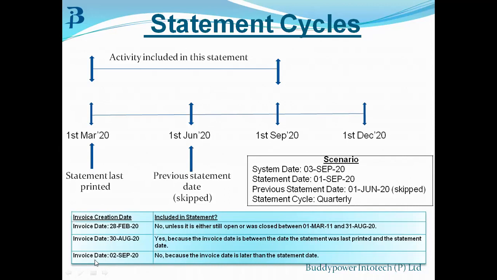And what about the invoice which will be created on 2nd September? This also will not be included in the statement because the invoice date is later than the statement date. 1st September is what we have selected for the statement cycle, right? So 2nd September will not be shown. Right, Durai? So this is basically